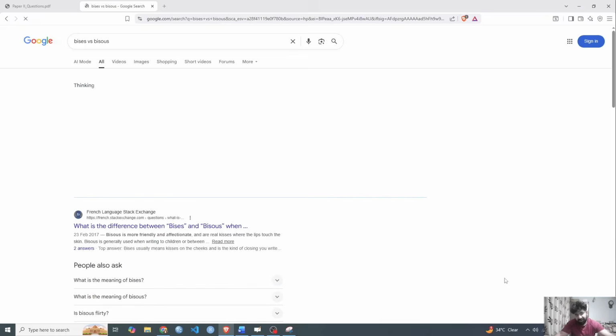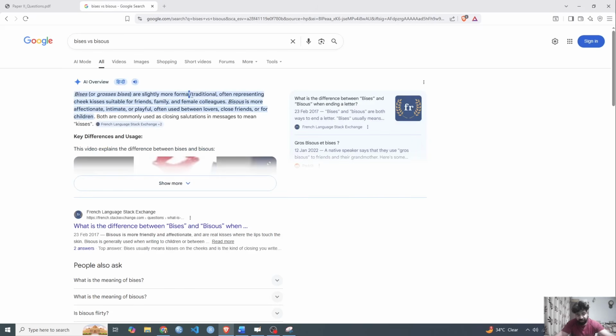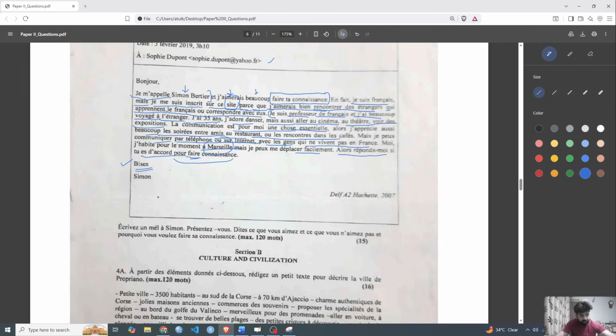I'll just go to Google. I'll just write biases versus biases. So okay, one is a traditional cheek kiss, and another one is quite intimate between close friends and children. All right. So whatever we are writing, that was also correct, and there is no difference between a female or male writing spellings. So we have to write an email to this person, being Sophie,